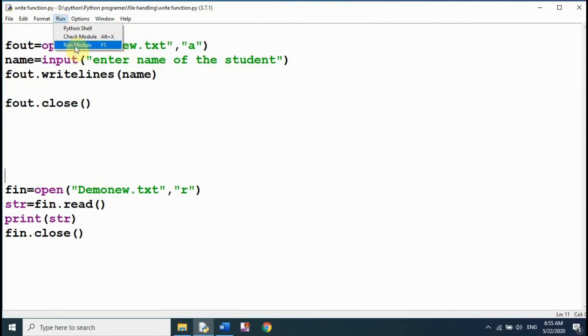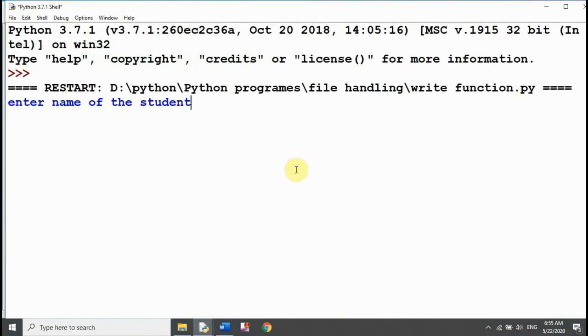Let's run this program again. What will happen? Now we can see both Ram and Kishan, both the names, are appearing in the same line because we have not used the end of line character here.